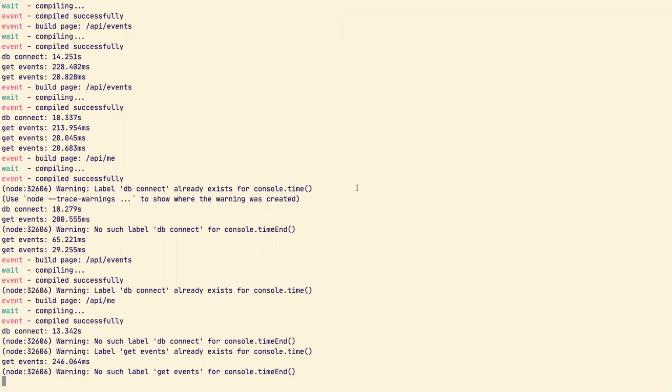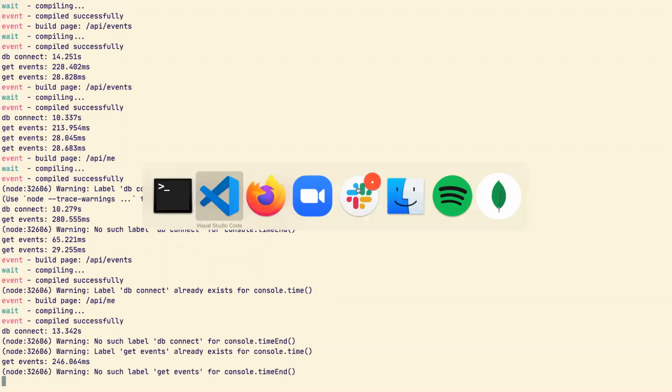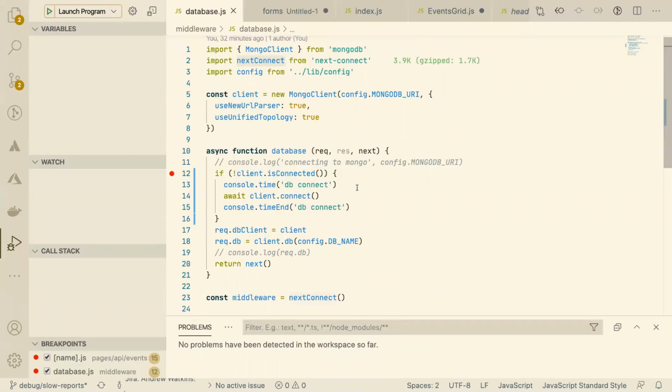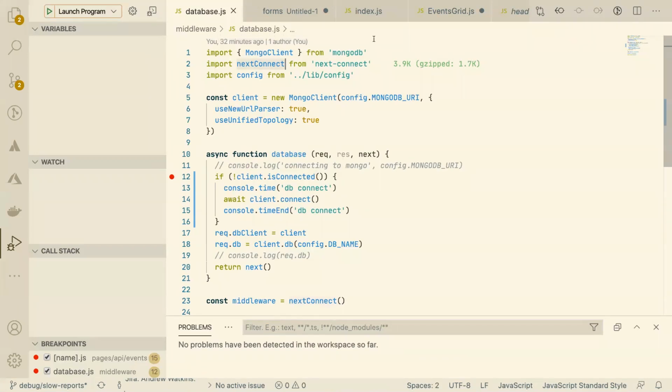As a convenience for me, every time I put a change in the editor here, it's going to try and reload that into the page immediately. So if I'm making changes to client-side code, so that's any of the components that are appearing on pages, I don't want to have to even restart stuff. I just want it to appear on the screen so I can immediately see what's going on. But the negative side effect of that is if I make a change to the server side or one of these middleware things, then that